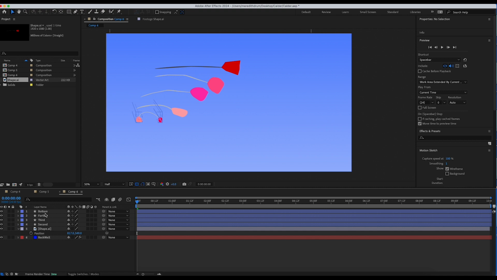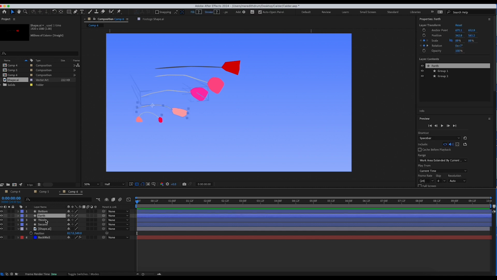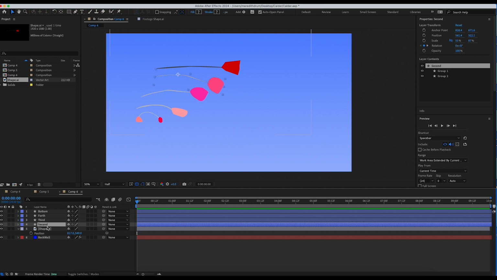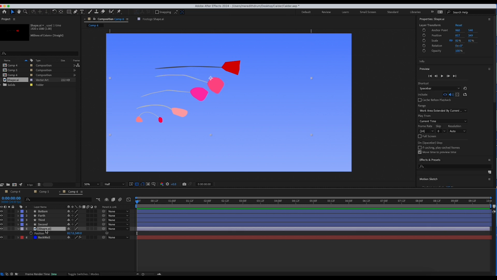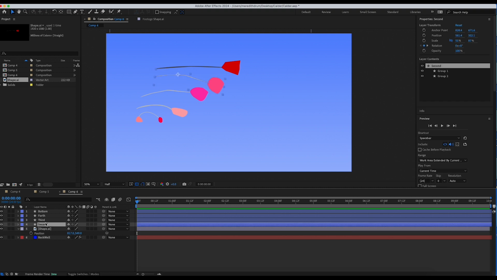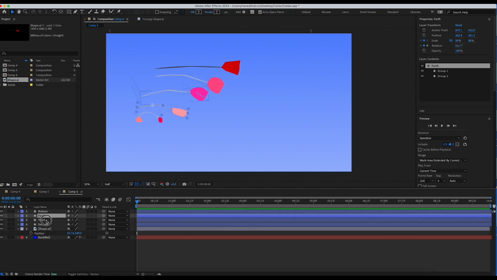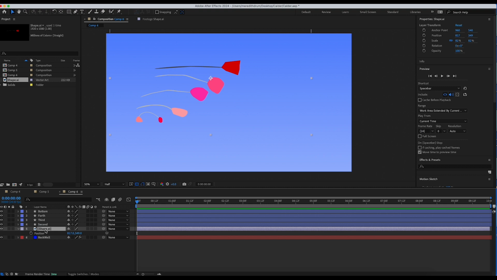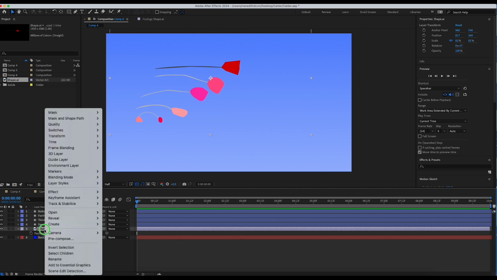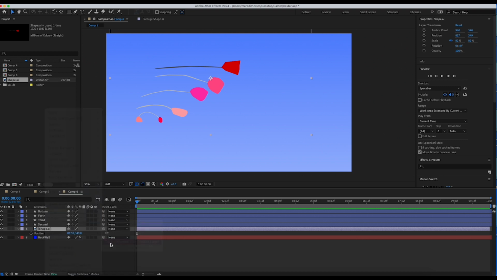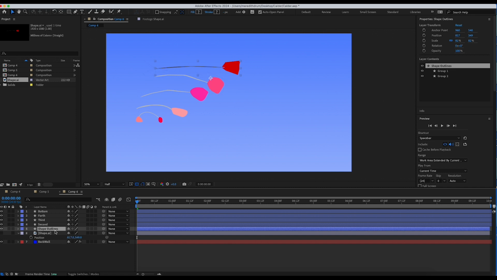If you look, these are shape layers, After Effects shape layers, and this is an Illustrator shape layer. And it's not going to behave the same way that these are because I've already converted these, but we need to convert this one into an After Effects shape layer. So I want you to click on it with your left mouse, and then right mouse click and hold, and go to Create, and choose Create Shapes from Vector Layer. Okay, so it's going to make an After Effects shape out of it. Okay, and then release. And you see here it made a shape layer.